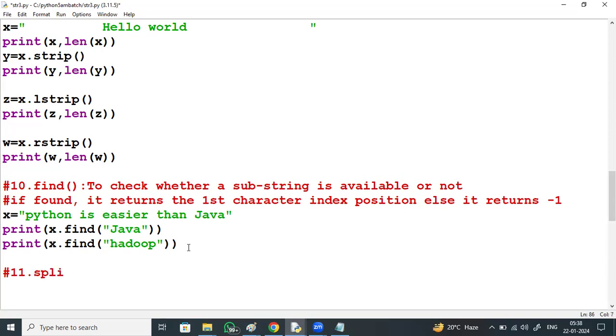Next, we have a method like split. If we split a string, we get a list.